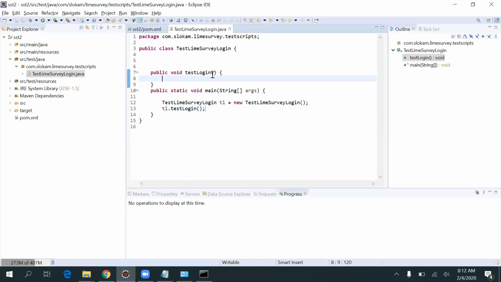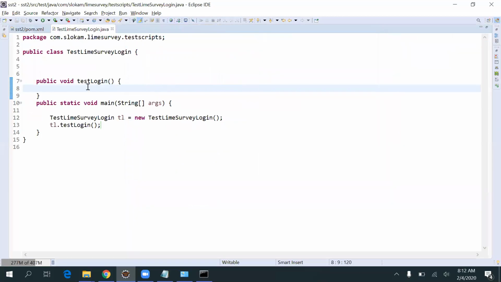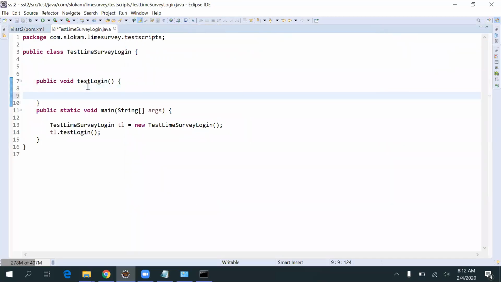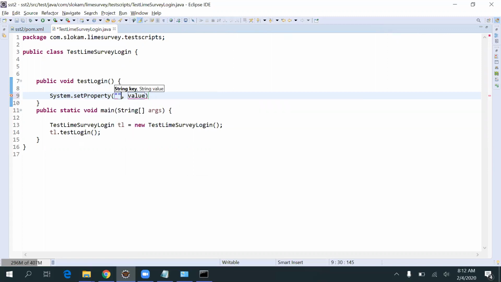Okay, now what we need to add here, we need to write some program. You remember System.setProperty. What is the key? webdriver.chrome.driver. Okay, there is a value, C colon double slash chromedriver.exe. That is a path,